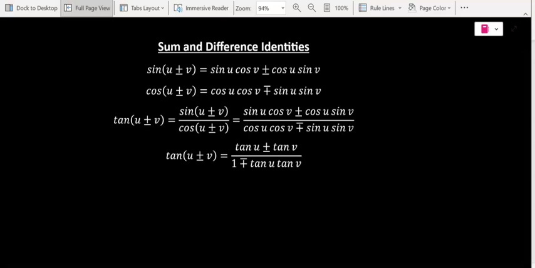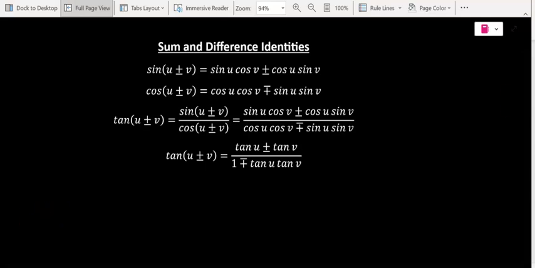All right, so in today's video, I'm going to be talking about our sum and difference identities. We discussed our trigonometric identities the other day using our Pythagorean identities, reciprocal identities, as well as our quotient identities, and solving using those. Now we're going to build on that, and we're going to talk about our sum and